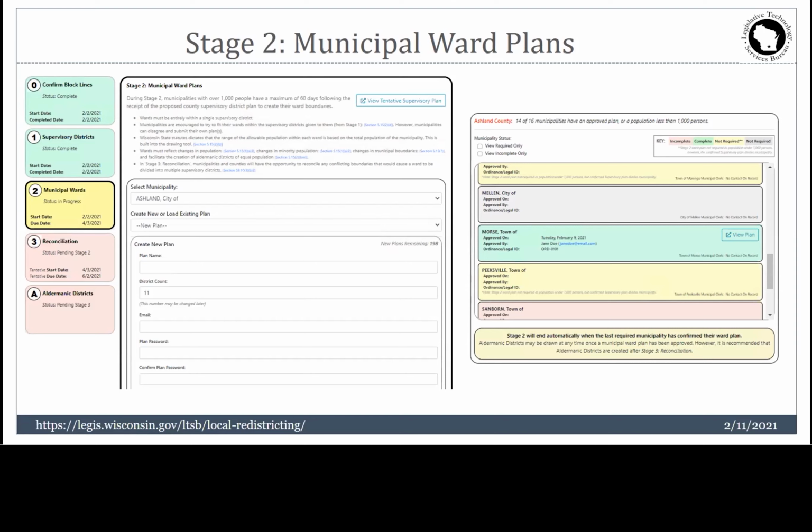Anybody who is divided by a supervisory district or legislative district will not have to draw wards at this point in stage 2, but in stage 3, you will. Or the county has to change their supervisory districts. So even if you have less than 1,000 people,